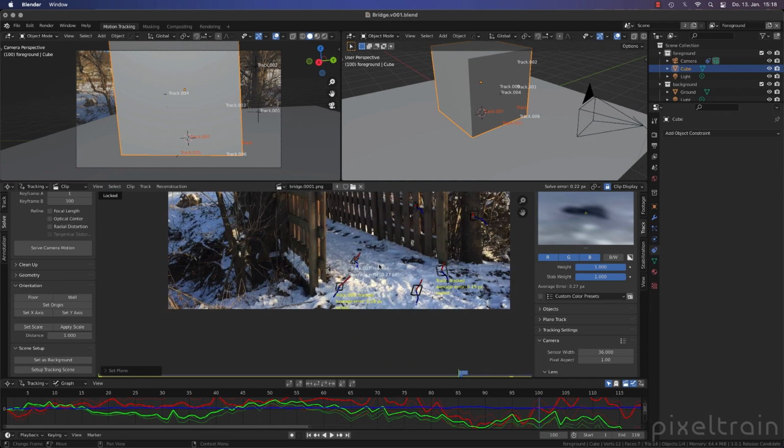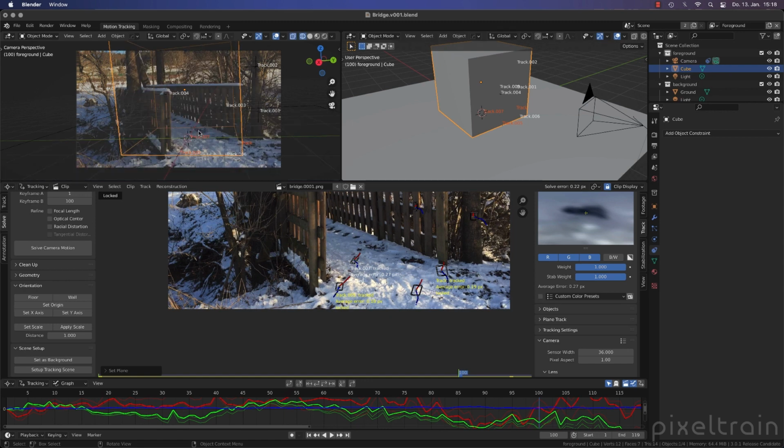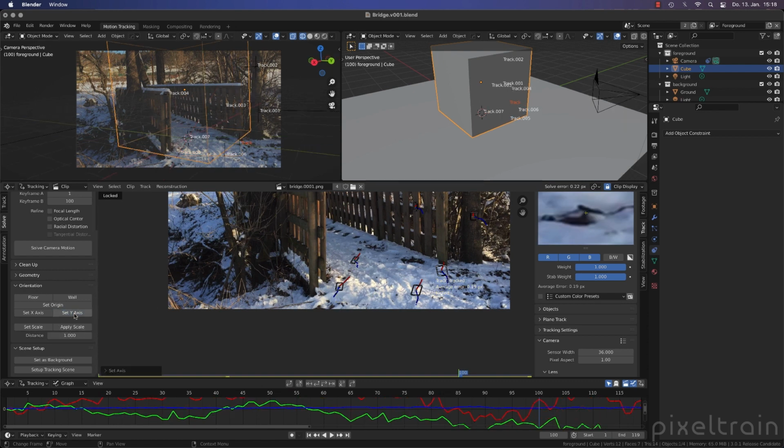Another thing we maybe want to do is set up a little bit of an axis. Let's go to Z and take a look. If this here is the origin, let's say that this here maybe is then the y-axis. One side note, this set x-axis and set y-axis is also a toggle.